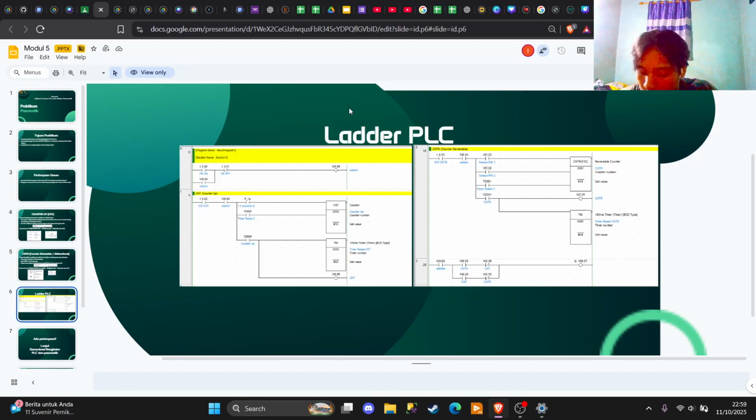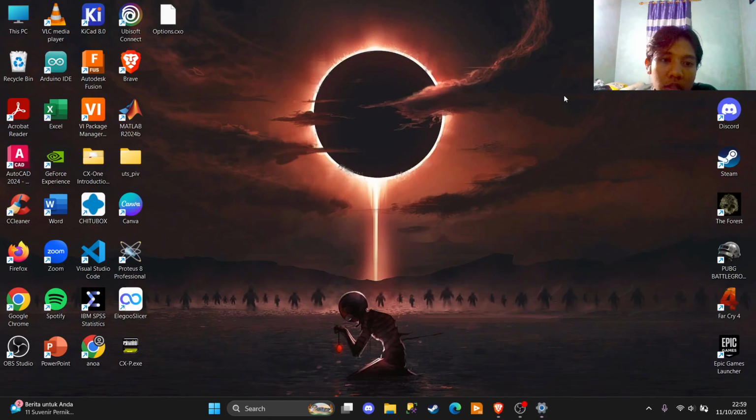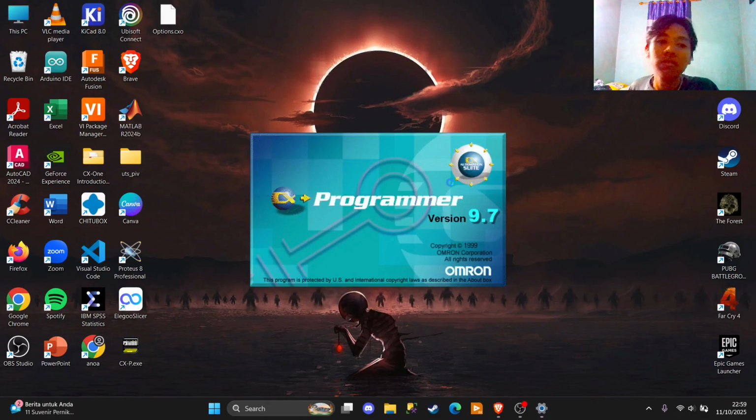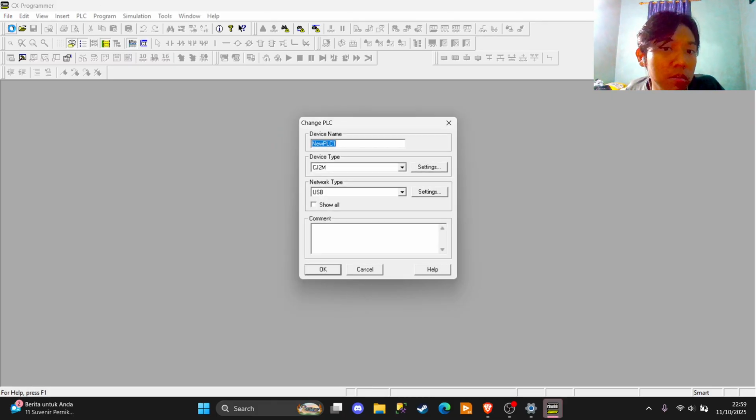This is the layer PLC that we're gonna use for the demonstration on the CX Programmer. So how will it work? We're gonna find out, and first we will open the CX Programmer. Okay, we jump to the CX Programmer like we always do, and then we open a new file.